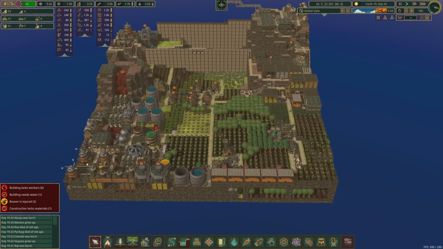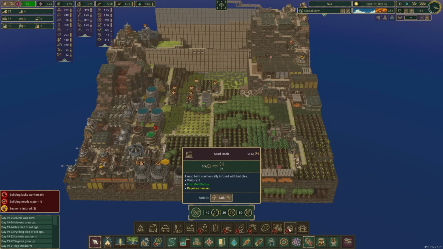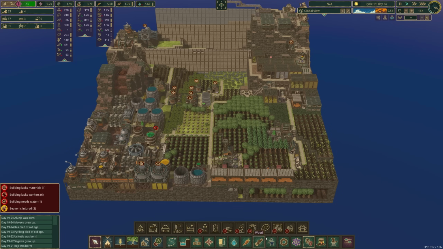Just whatever it takes to fuel the power necessary for our food production, and then whatever recreation we want to have for 1,000 beavers, which, remember, motivatoriums require power, mud baths require power, wind tunnels require power, and that's all for power required stuff. But there's enough for us to have, I don't know, 10,000 HP worth of production, depending on how we want to have other stuff going. So we'll see what happens. It's going to be a little bit of trial and error, a little bit of...